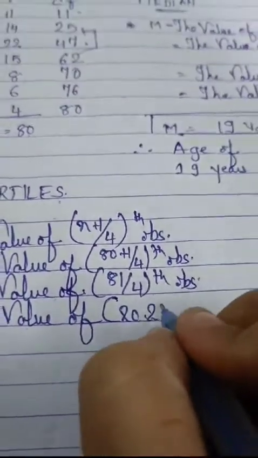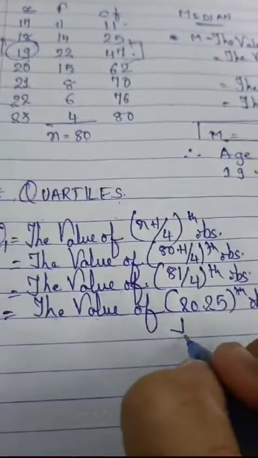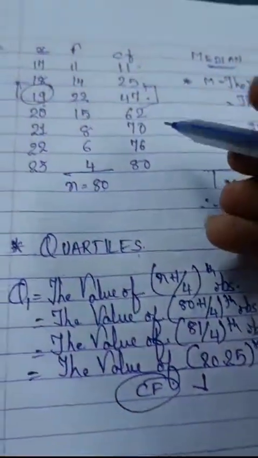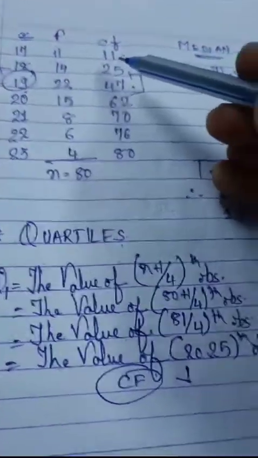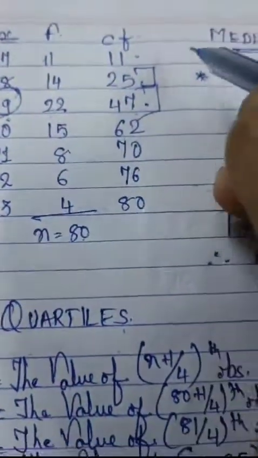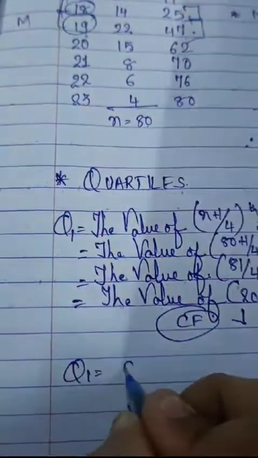So 20.25th observation. This we have to see where? In the CF. We will see where this value lies. So 20.25 will be lying in this 25. So our answer is what? 18. Okay, so Q1 equals